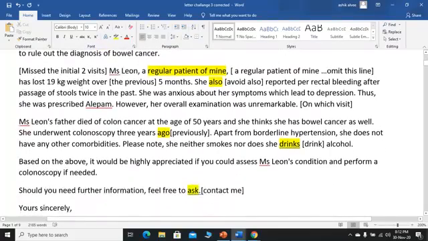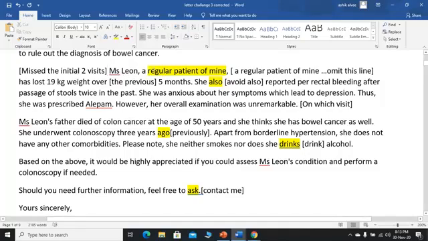Then the writer started to write today's visit. He completely escaped the first 2 visits. Let me tell you guys, no matter how insignificant any visit is, you have to mention them briefly. So in this case, the first 2 visits are missing. Also, at the start of this paragraph, the date or the day of the visit had to be mentioned, which this writer did not do. So there is a very major mistake.